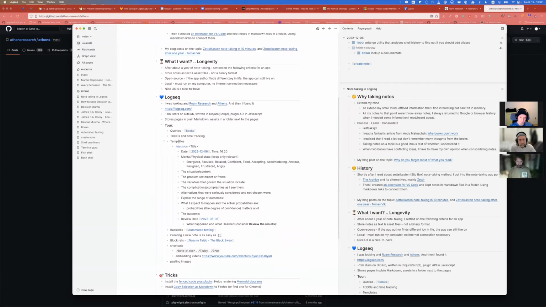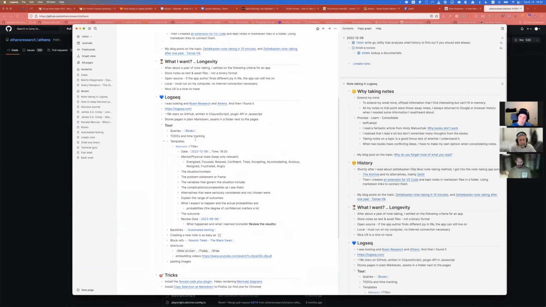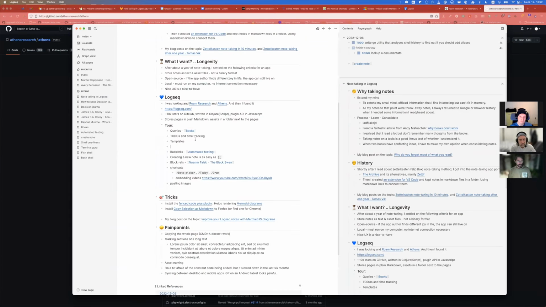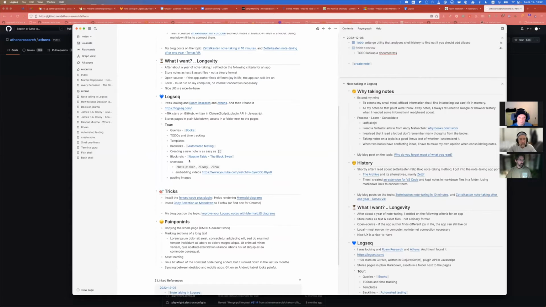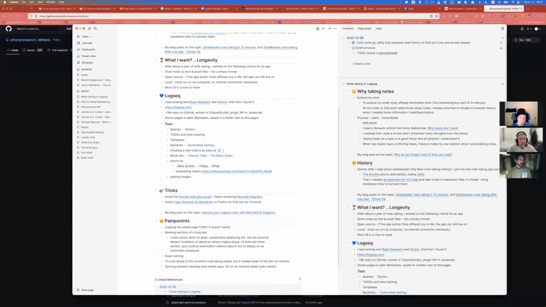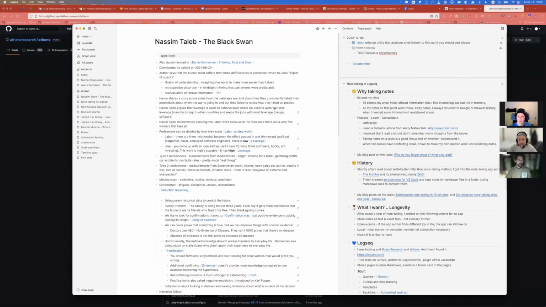Okay, I'm gonna just, if it lets me, it doesn't. Yeah, it does. With Command Z, remove the template. Backlinks, I've showed them. I showed how easy it is to create new links. Block refs. It's something that I don't use too often, but what I usually do, when I'm writing notes from reading